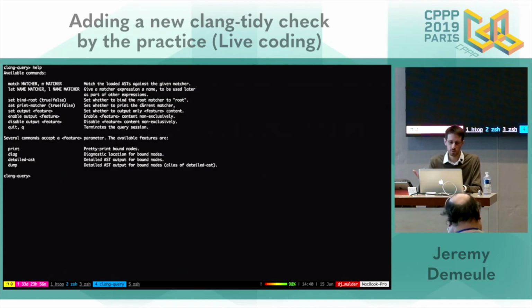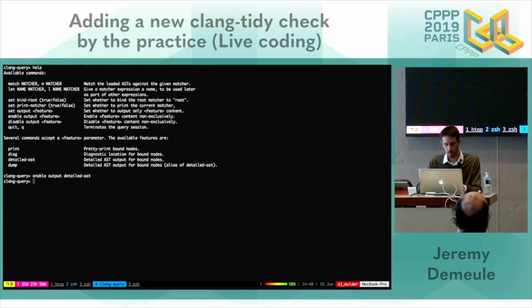We want to visualize the AST, but by default, clang-query output is the compiler diagnostic, so we have to enable it. We can use the clang-query documentation to know what we can match and how we can match. So what is a matcher? What can I put here? But I will show you my technique to use only a subset of the matchers I already know to discover and navigate to new ones.